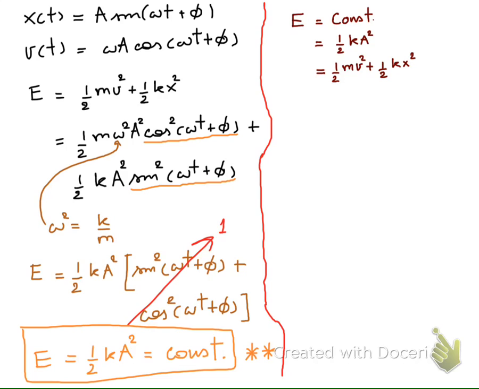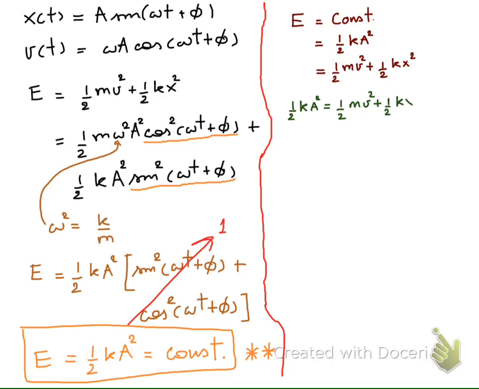So we have that 1/2 k a square is equal to 1/2 m v square plus